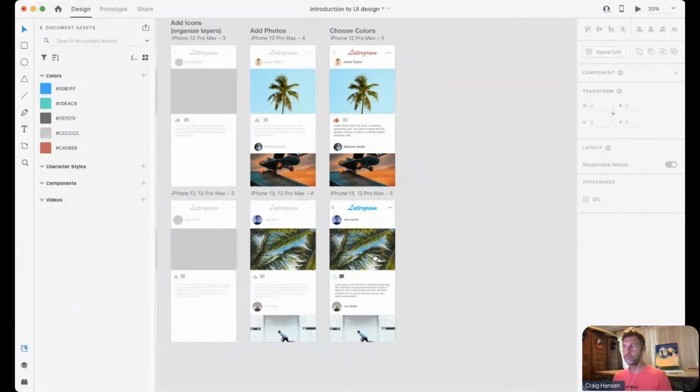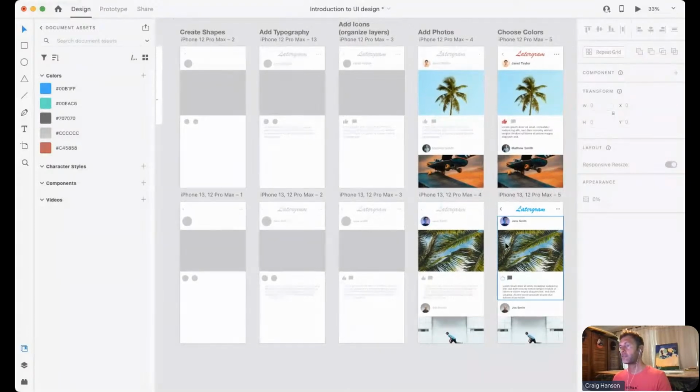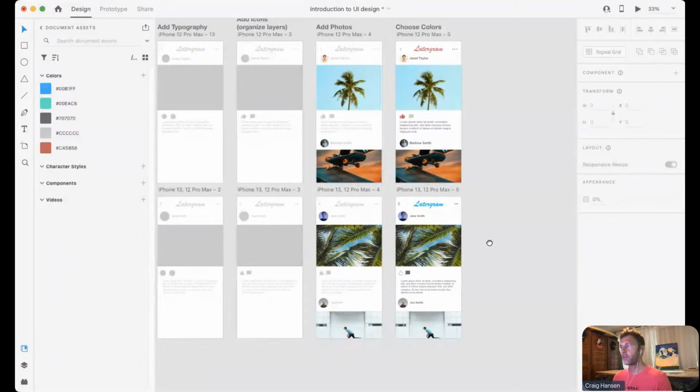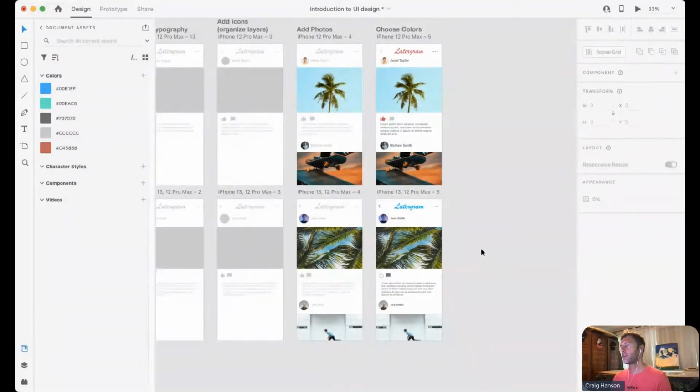That's from start to finish. We've added some circles and rectangles, some text, photos, and color, and we've got a pretty believable little photo sharing app. If there's no questions, I'd like to show you another 5 minutes of where I think we as designers